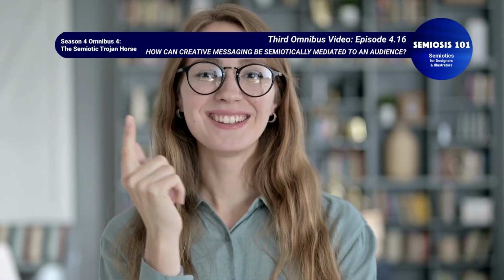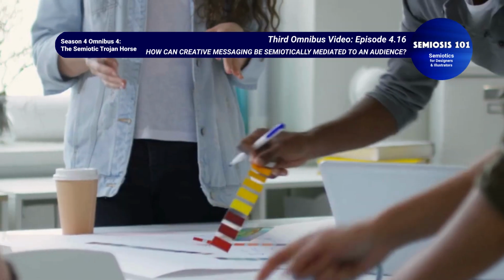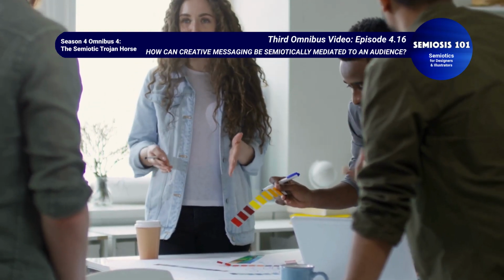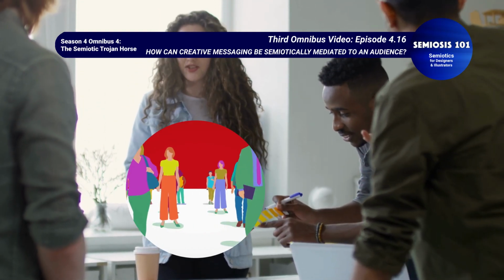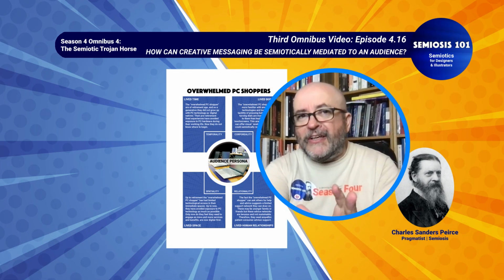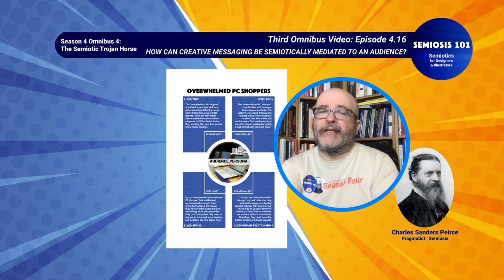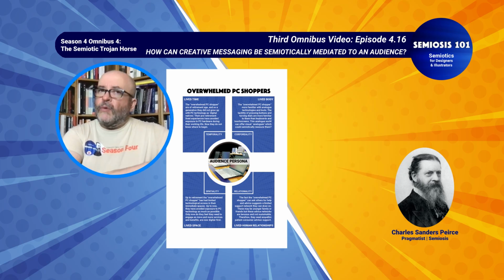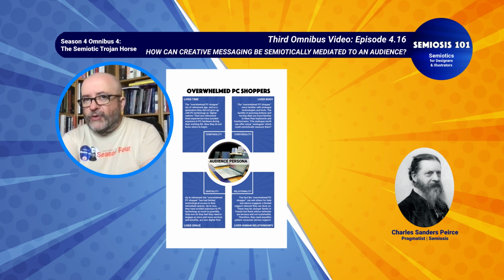How can you semiotically represent the client's concept in your visual language so that your aesthetic mediates the intended concept to your target audience? To discover and ideate the most effective visual language requires you to understand what your audience has experience of. Abductive reasoning in the form of a working hypothesis, referred to as the logic of design, helps you to achieve that. An audience persona is an excellent design tool which can help you personify your understanding of